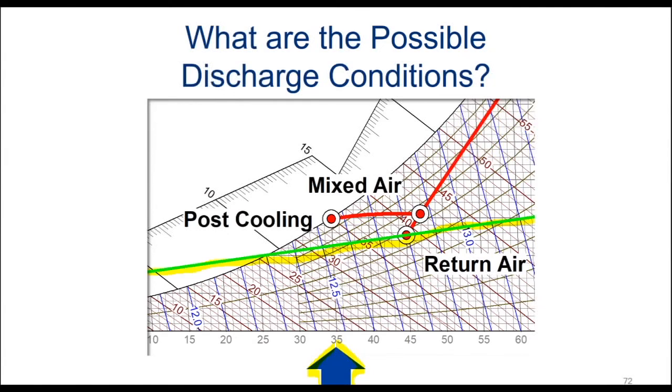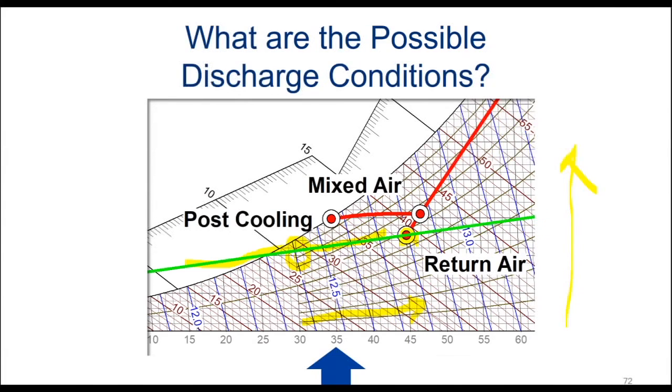Let me just go back and erase these lines. Okay, we've got a clean screen. So we've taken the desired condition, which is 45 degrees and 80% relative humidity, and that's the desired control condition. Through that control condition, we have drawn the sensible to total heat ratio line. What that line describes for us is that anything on that line, we need to provide air at that condition, so as it goes through the room and takes on the heat moving to the right, and takes on the moisture moving up, we end at the control condition.